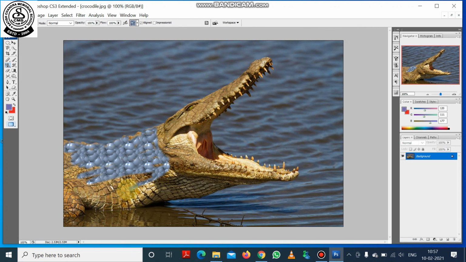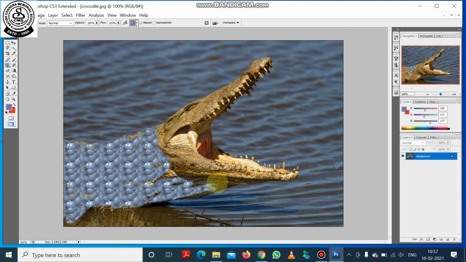So you can understand this is the pattern stamp tool, where the pattern will be copied on the part of the image where you move your mouse pointer or mouse cursor, and you can see the same pattern will be copied. And you can select another pattern also. It doesn't mean that you need to select only one pattern. You can select multiple patterns also. So here I have selected one pattern. So this is the part. You can see I have given a pattern of the